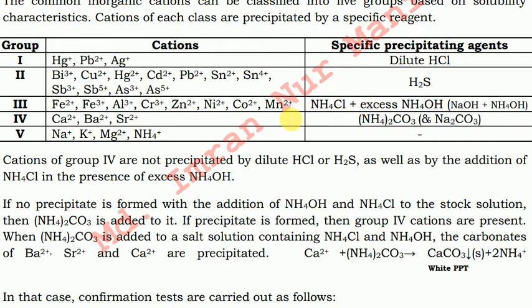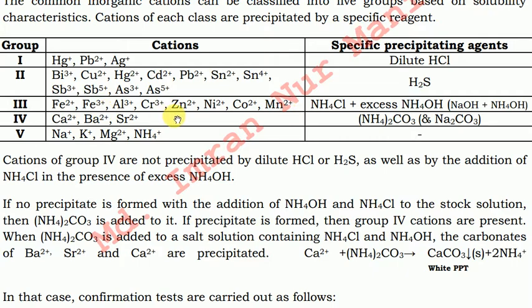Suppose we have a sample solution and we have added dilute hydrochloric acid, and the hydrochloric acid failed to produce any precipitate. Then we add hydrogen sulfide gas. This also produced no PPT. And then we add ammonium chloride in the presence of excess ammonium hydroxide. This also failed to produce any apparent precipitate. Finally, we add ammonium carbonate, and if ammonium carbonate produces any PPT, then we can say that the sample solution